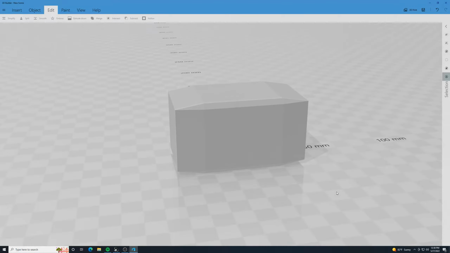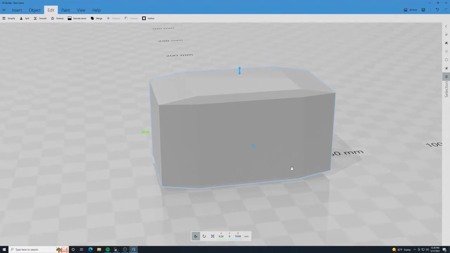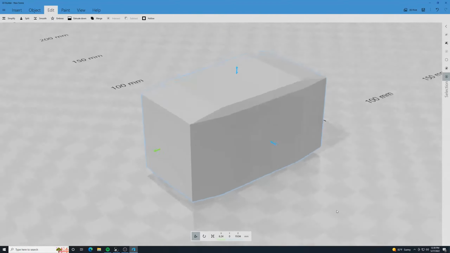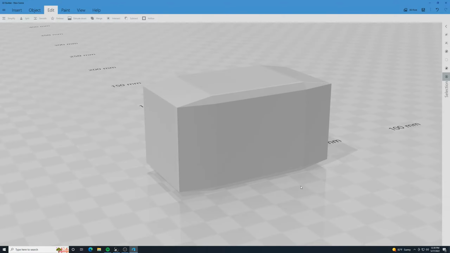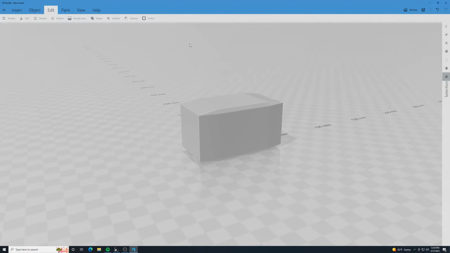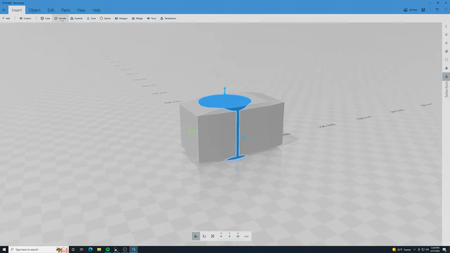Once I have all that done, or you can wait until the very end to do this if you want, I'm going to merge these pieces together, and that should be good for that part. Next, we need to put on a cap of this hammer. So let's go to Insert, and we will find a cylinder,